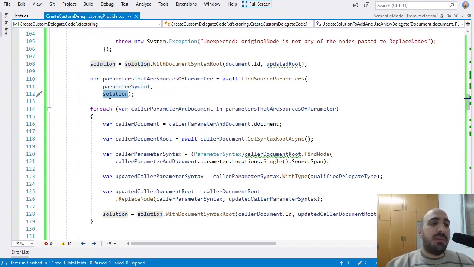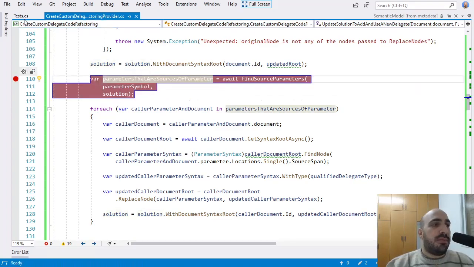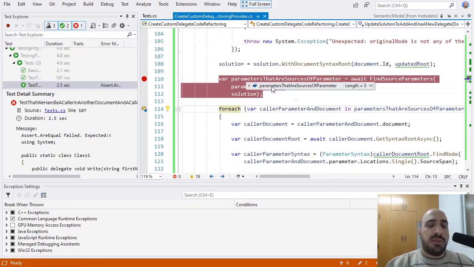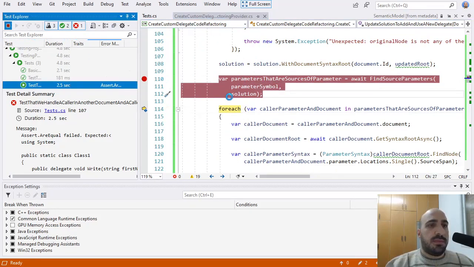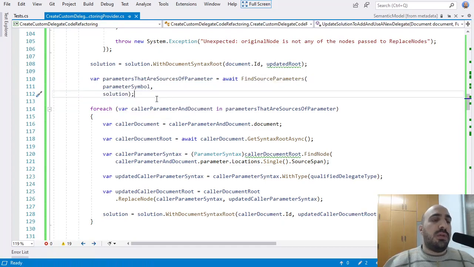So basically, if we debug this code here, this method will return an empty array. Let me show you. So the array is empty. Okay. Now to fix the problem, we need to find the parameter symbol that corresponds to the same parameter but in the new solution. Let me show you how to do that.